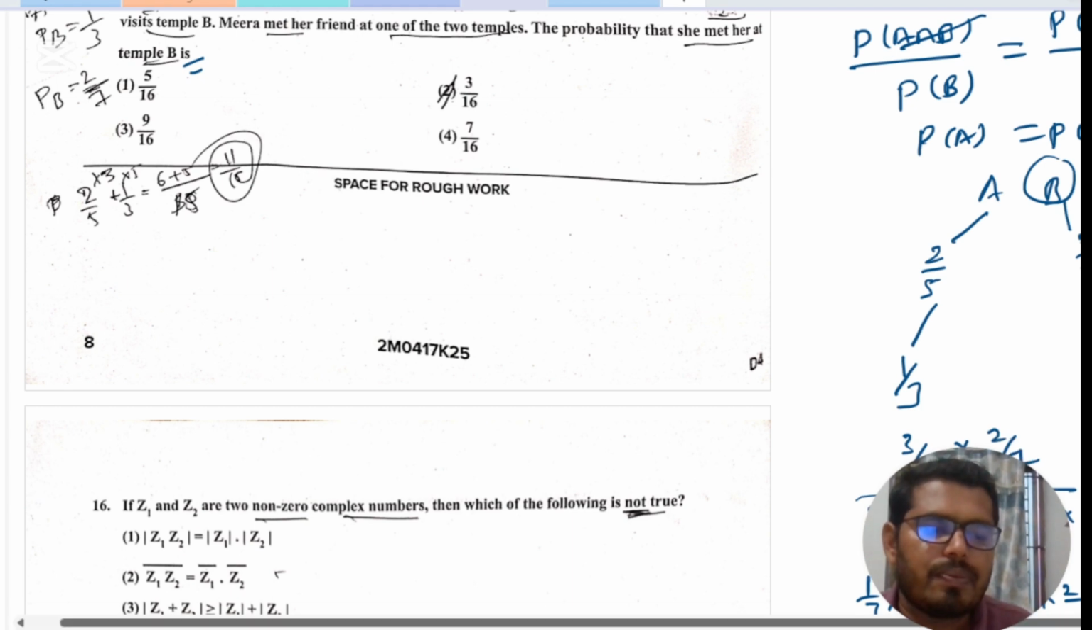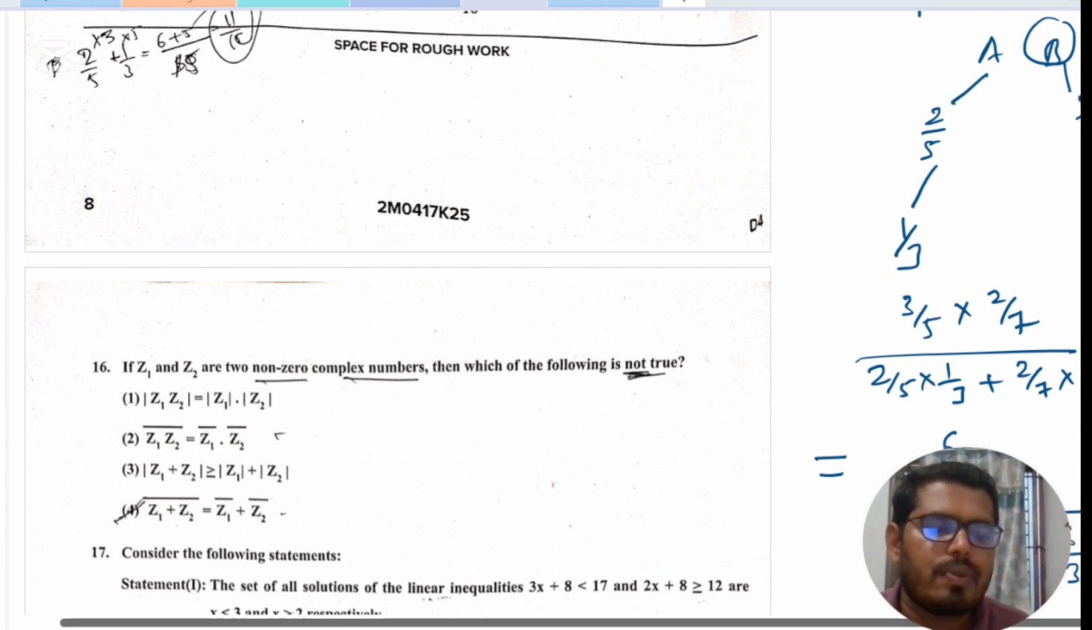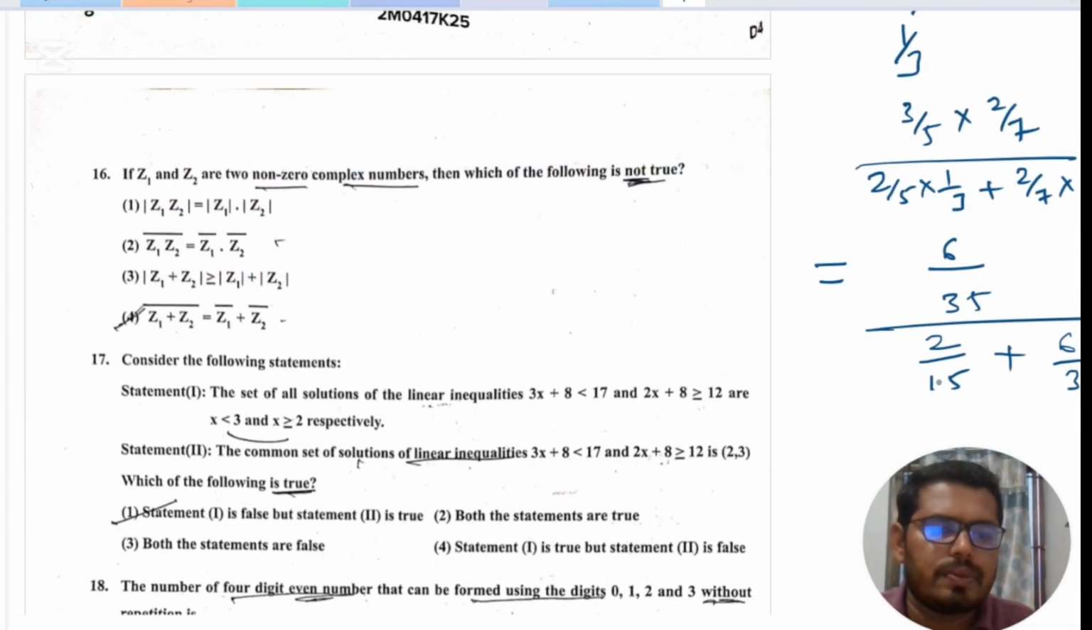What do we get here? It is equal to 6 divided by 35, divided by 2 divided by 15 plus 6 divided by 35. Okay, then that is equal to the